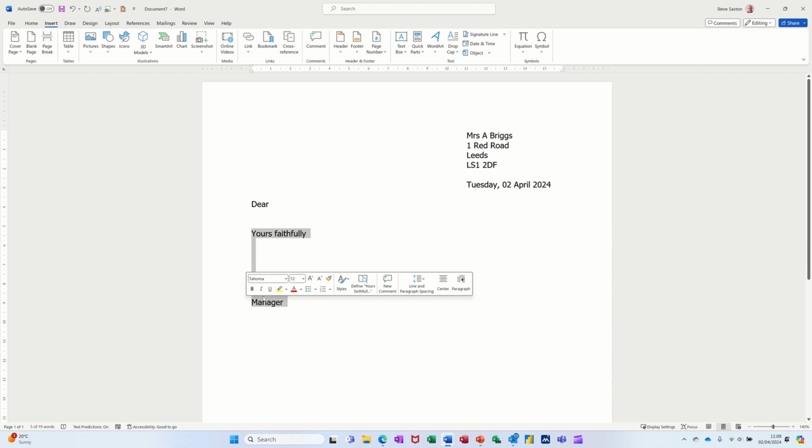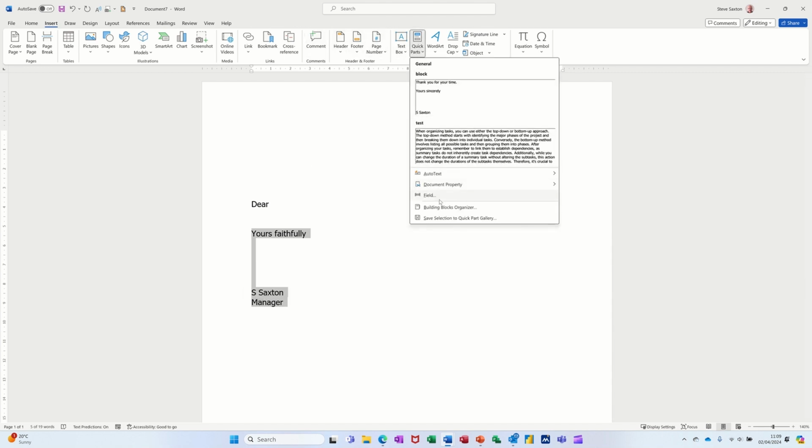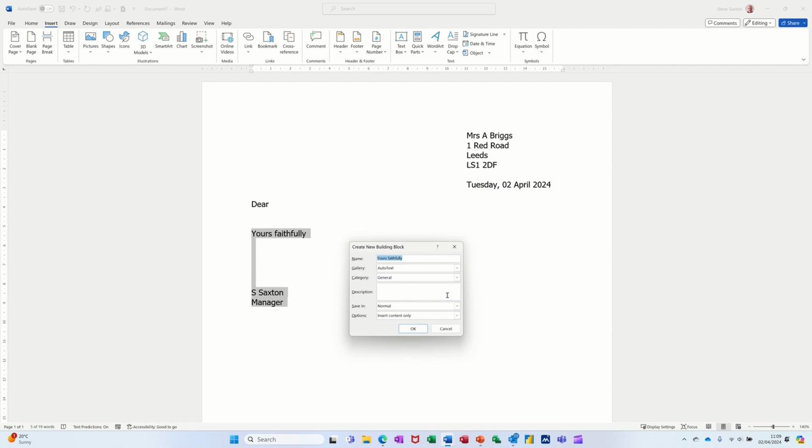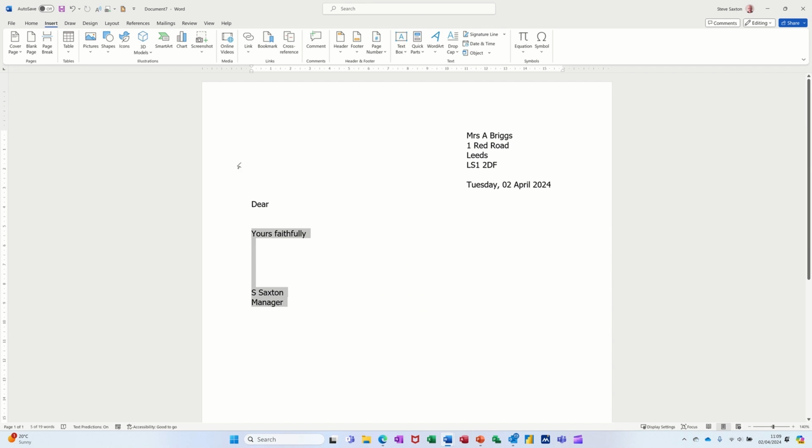You highlight it. You go up to the Quick Parts area. You save selection in the auto text gallery. And you give it a name. So I'll just call that Sig. Click OK. And then if I delete everything, I do Control A and press delete, I should now be able